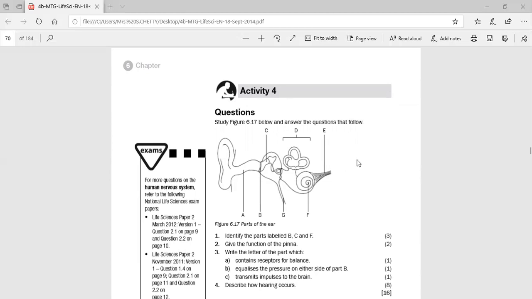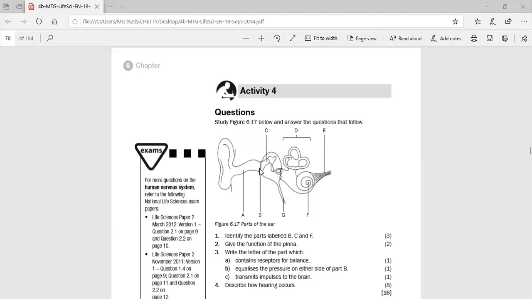Did you get it? Let's see. A would be the auditory canal. Remember, we said it is lined by wax glands. It provides a pathway for those sound waves to now reach the tympanic membrane. B is the tympanic membrane,